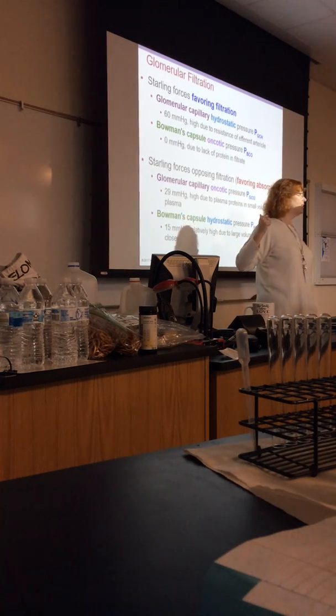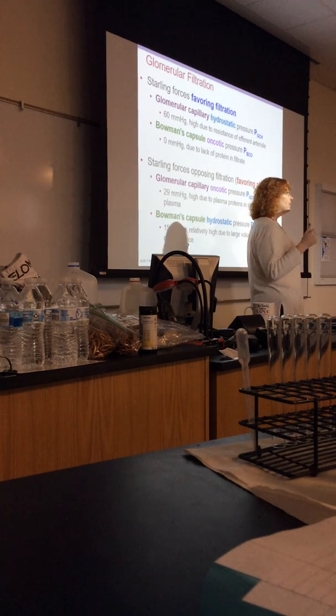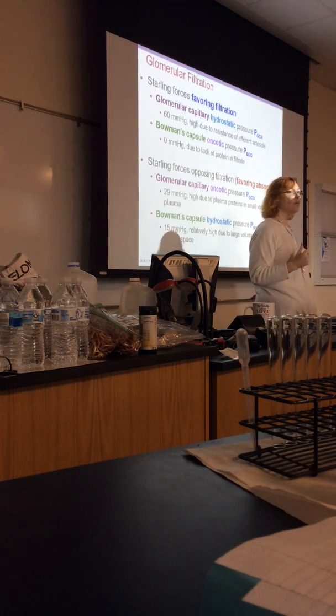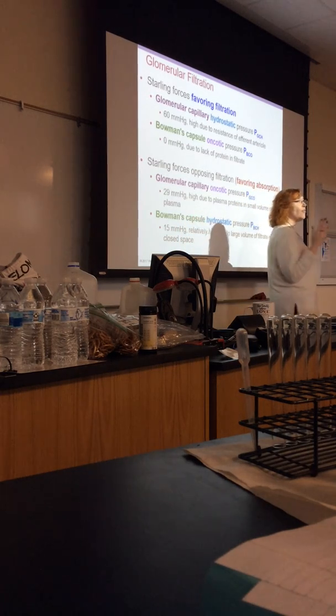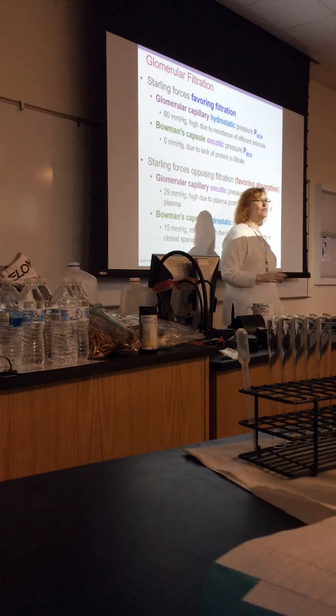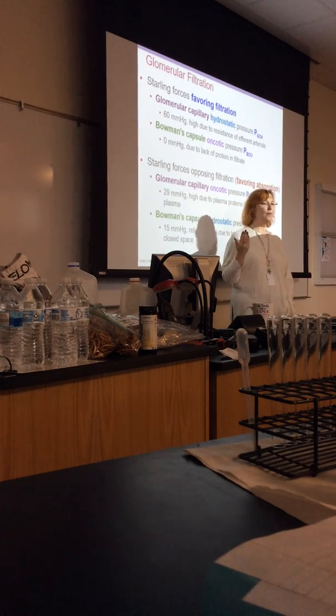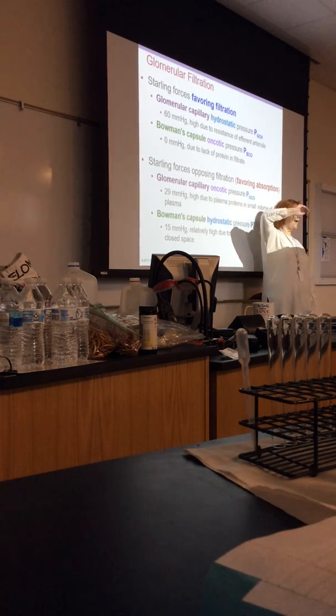We're looking at capillaries again. In this case, we're looking at our glomerular capillaries. So we're going to look at those Starling forces, those forces that favor filtration, and those forces that favor reabsorption. So, to recap,